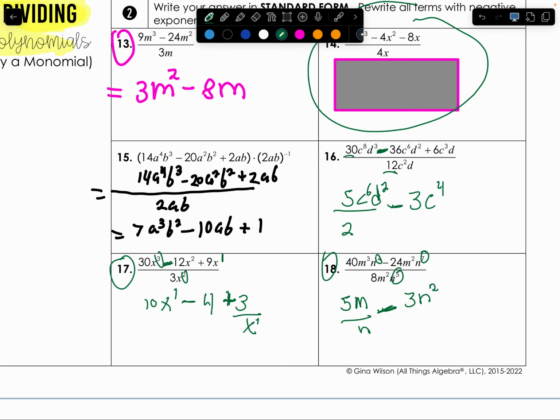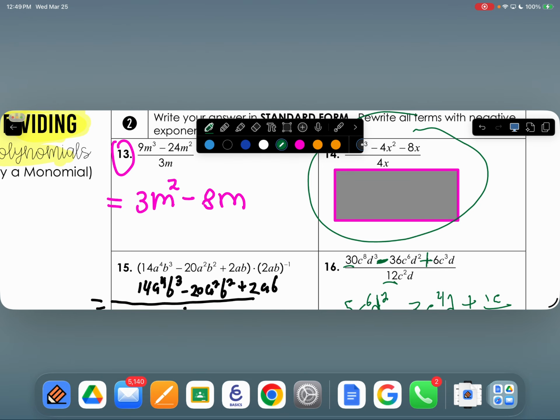C4, because C2, C6, and D1 on top. Nothing left on the bottom for that second one. Plus sign. I think it looks like there's 6 over 12, which is like 1/2. You don't even need to write the 1, really. Extra C on the top. D's cancel top and bottom. There you go. There's your 16. I'm trying to